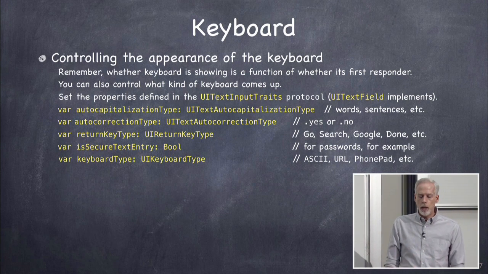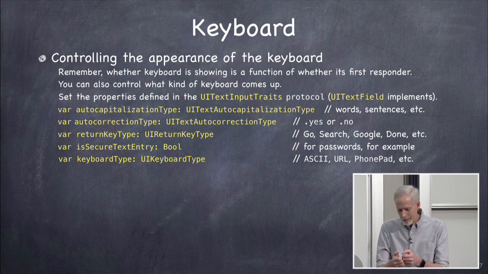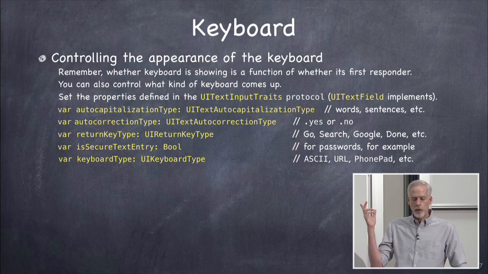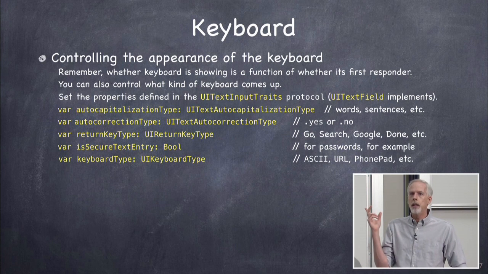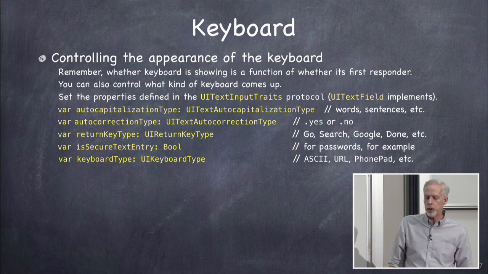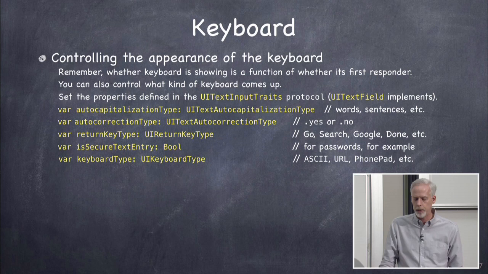All right, so if you want autocorrection in your text field, where you're typing and mistyping and it's autocorrecting as you go, you can get that. Just set your autocorrection type to .yes in your text field. You're sending these vars to the text field, but they're on text field because it implements the UITextInputTraits protocol. All right, and you can do secure text for passwords and all that kind of stuff.